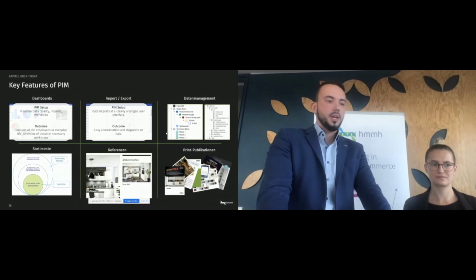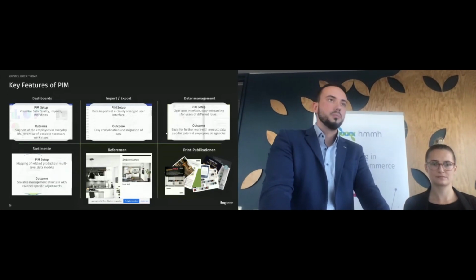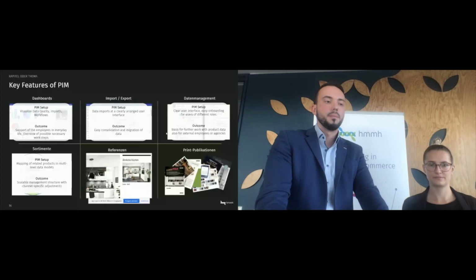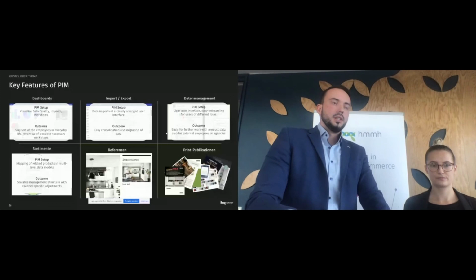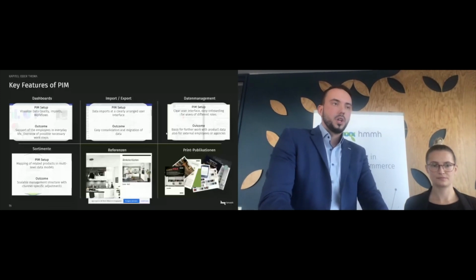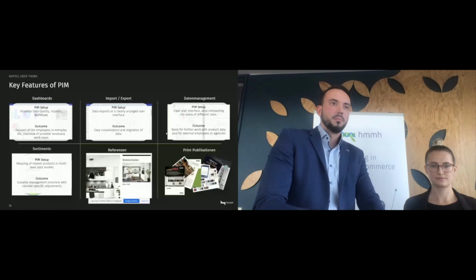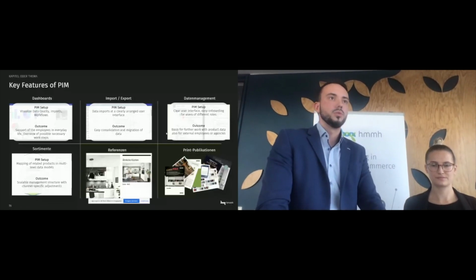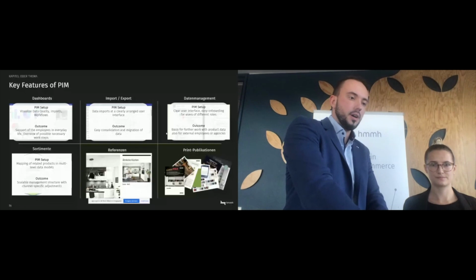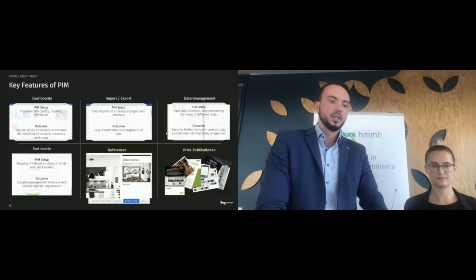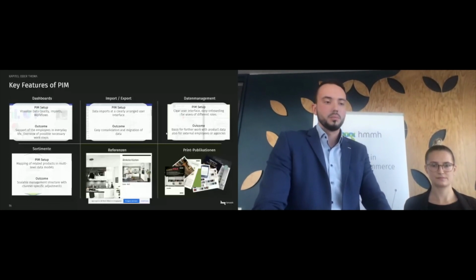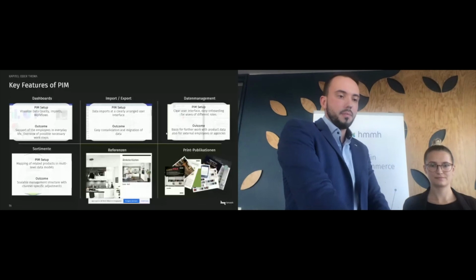In a PIM system, you should also be able to maintain component-based products, which means you can reference all components and all parts of products, which you can maintain in one single place, to one big product.